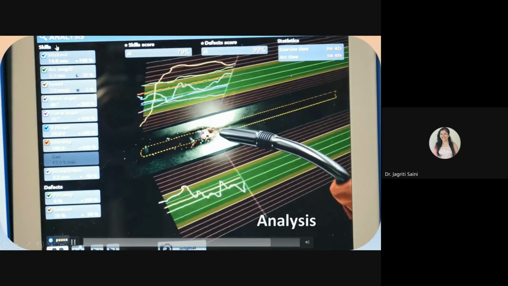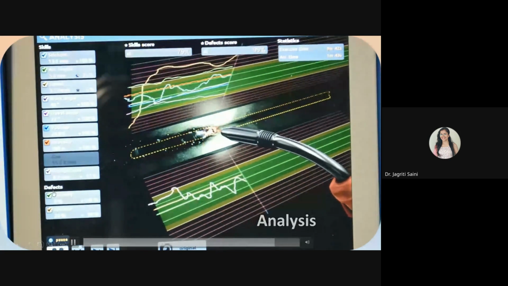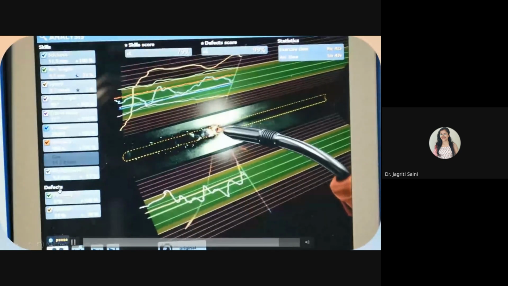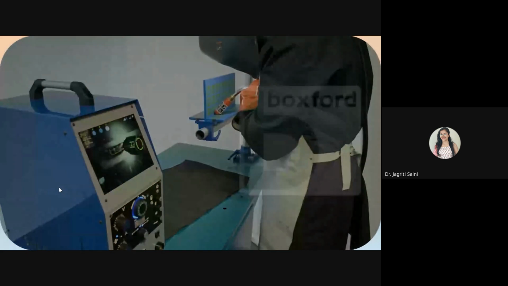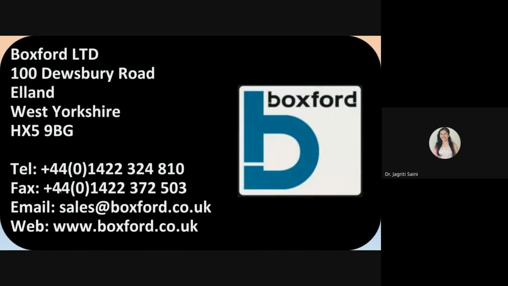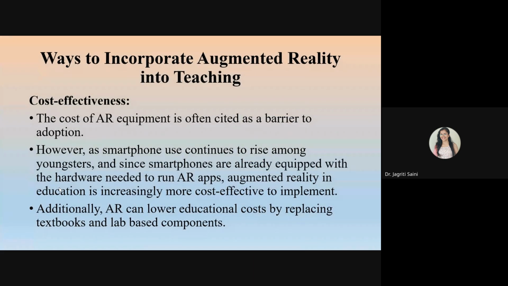You can see the skill information also is being updated side by side, so that teachers and students can see the analysis on how well the student is working on this welding process. So by the end of this journey, teachers can check how well every student has worked on it, and if they need some more practice, that also you can see in the skill analysis report, and accordingly you can proceed ahead.